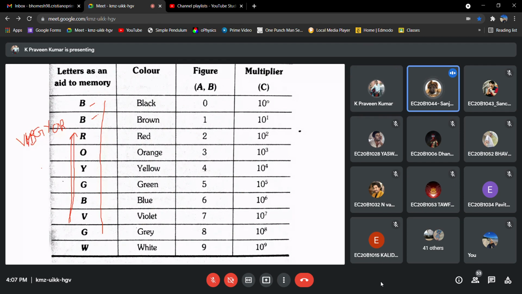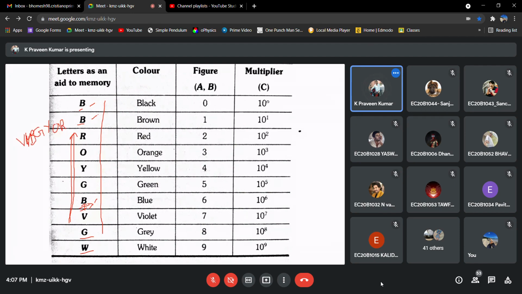So this is another way to remember it: just remove this I in VIBGYOR, and you get VBGYOR, then brown and black on top of it, then gray and white. So that is as per your wish, however you remember it. Whichever is okay for you, you follow that. But basically, I will follow this one, right?